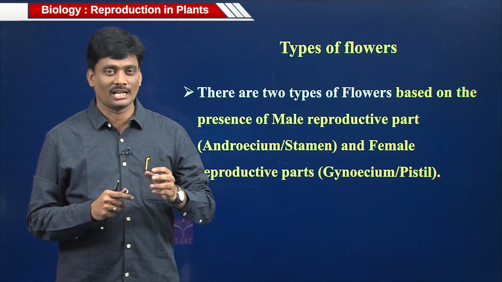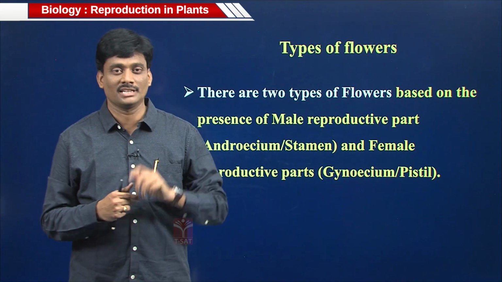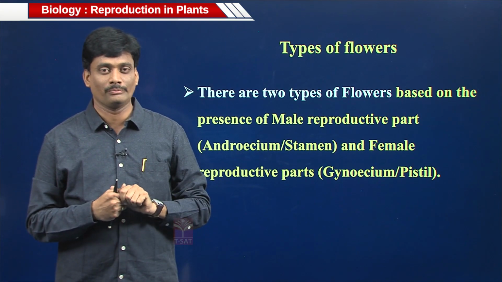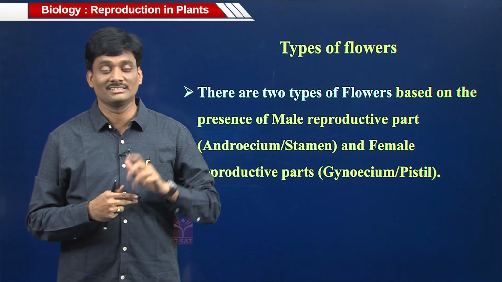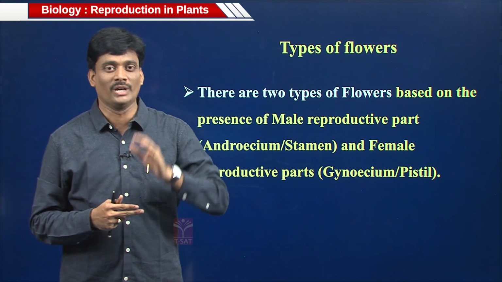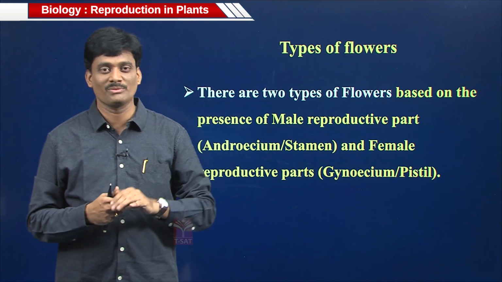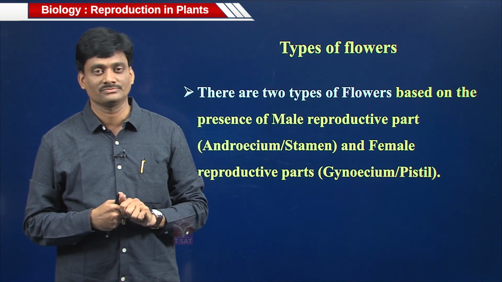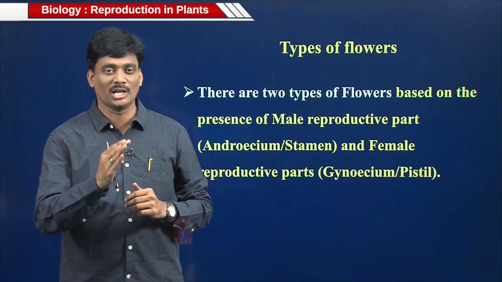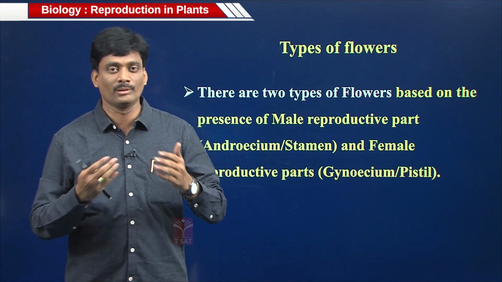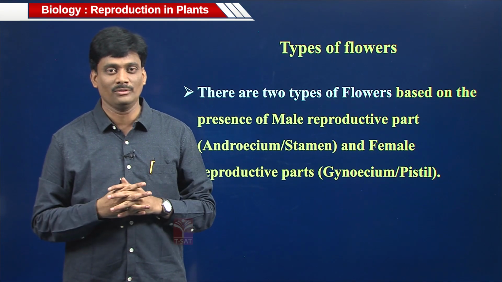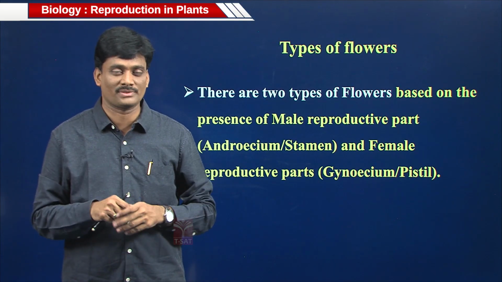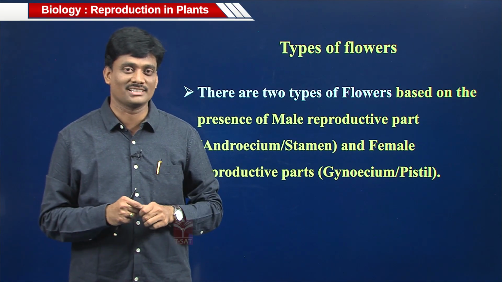Just now I spoke about the incomplete flower. In that incomplete flower, if the gynoecium is absent, meaning androecium is present, then that kind of flower is called a male flower, because androecium is the male part. Because of that we can say that is a male flower. And next, what is meant by a female flower? A female flower is nothing but the presence of a gynoecium. If gynoecium is present,